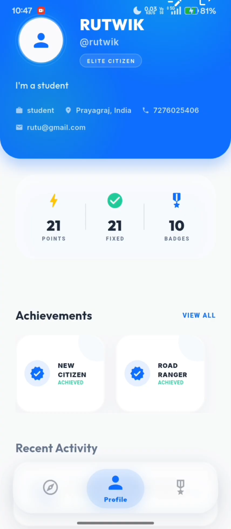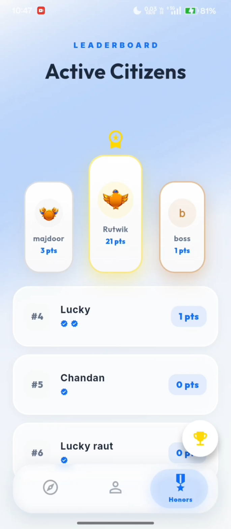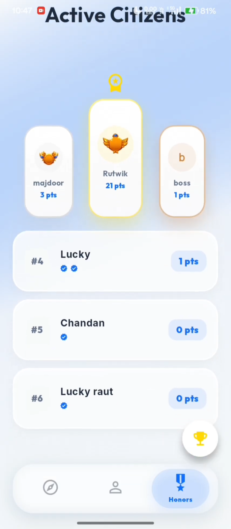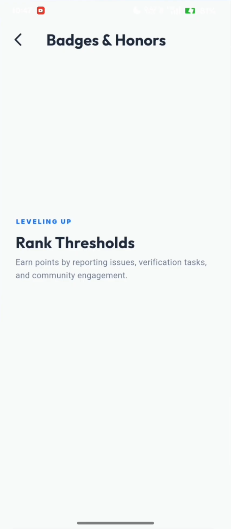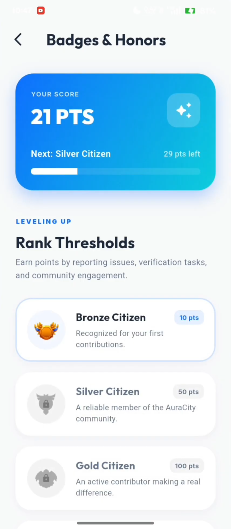So, we added gamified functionalities: points, badges, and leaderboards. Users earn points based on their interaction with the platform. The more real issues they report, and once those issues are resolved, they gain points. Based on those points, they get badges. This creates a sense of belonging and responsibility towards society, encouraging them to be a good Samaritan.